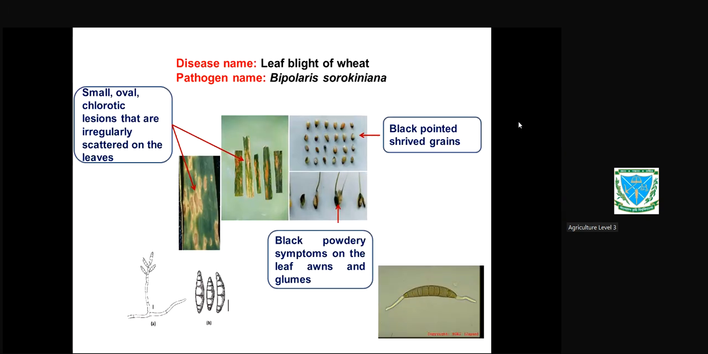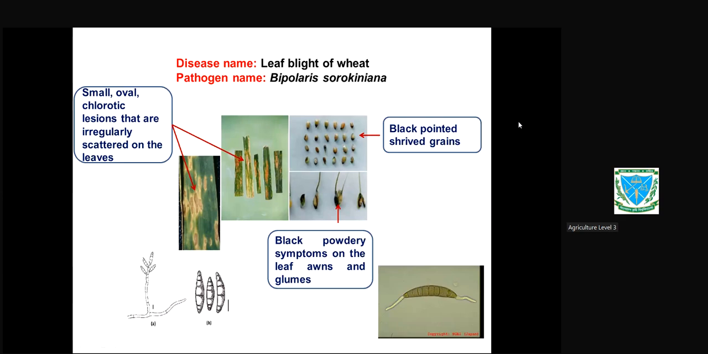So leaf blight of wheat, Bipolaris sorokiniana. The pathogen you see produces this type of conidia. We call it obclavate type conidia, and there are 1, 2, 3, 4, 5, 6 to 14 cells. You can notice sometimes. And why the pathogen is called bipolar is because the conidium of this pathogen germinates